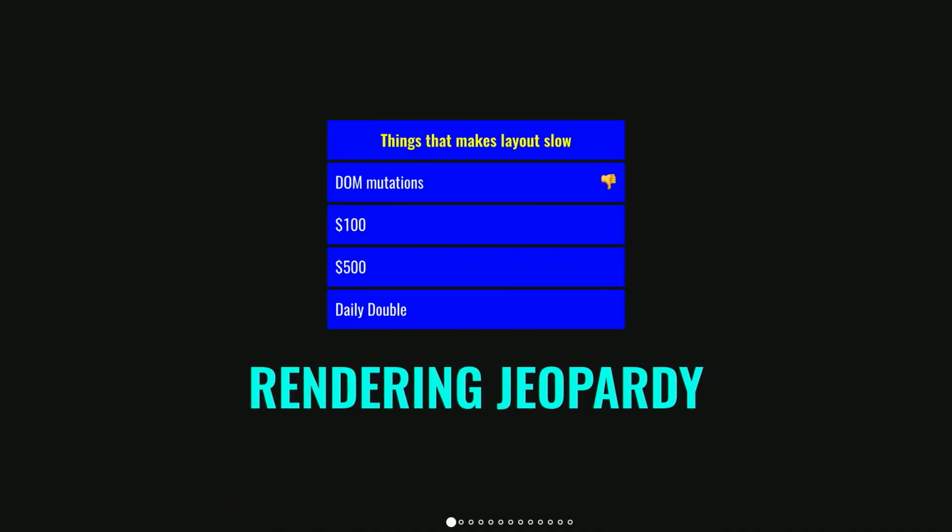All right, for $100, what makes your layout slow? Animation? Pretty close. We're looking for style calculations, which is kind of similar because animations come with style calculations. And it's expensive because the browser has to calculate the box model. Earlier, we heard a talk about getBoundingClientRect, which is a super neat API for getting how large an element is. And when the browser does that, it's actually painting the element. It's positioning it. It's figuring out where it belongs on the page.